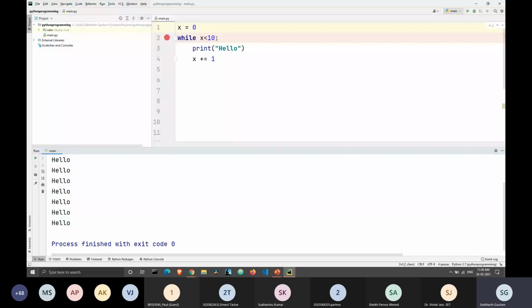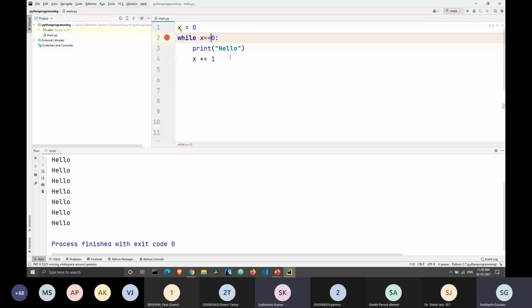So is there a way that I can execute this an infinite number of times? What should I write here such that the while loop gets executed forever? While x equal to 0. Yeah, right. So if we write while x is equal to 0, then we have to remove this.